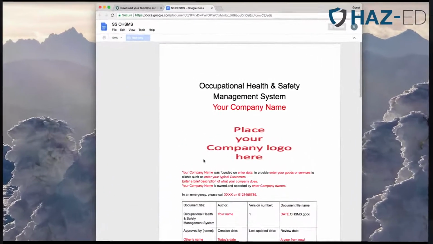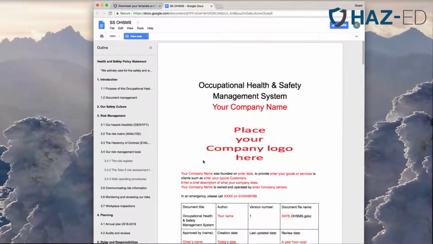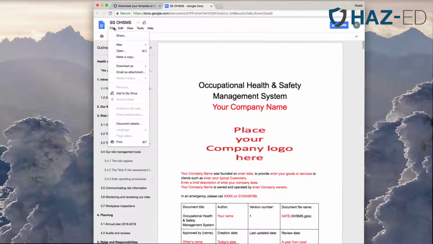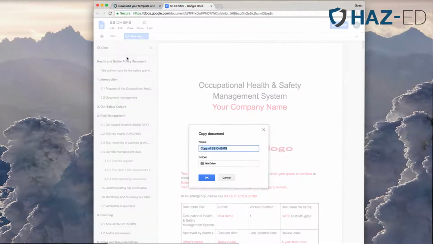So there it is, the Occupational Health and Safety Management System template. So we're going to need to make a copy of this. So click on File. Now if you want to edit this external from Google Docs, you can do that with a range of different formats here, or you can make a copy that will then be editable. And why not just give it today's date